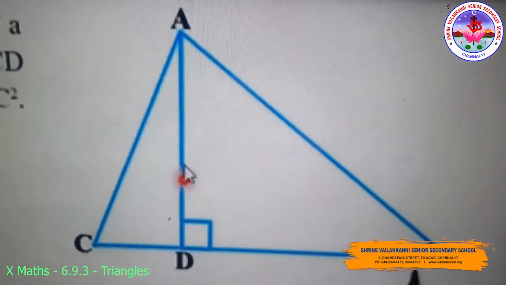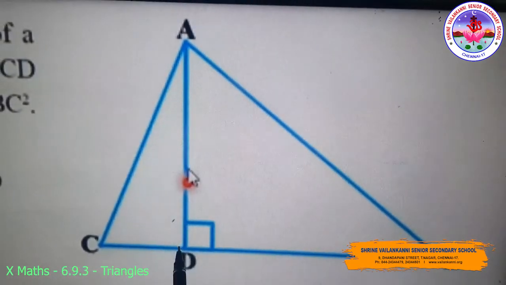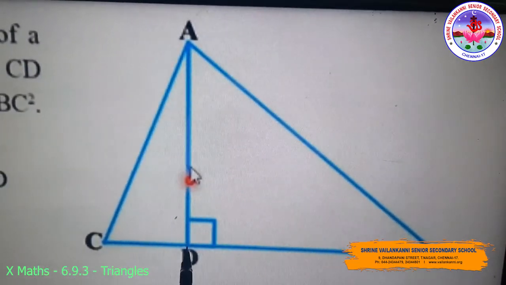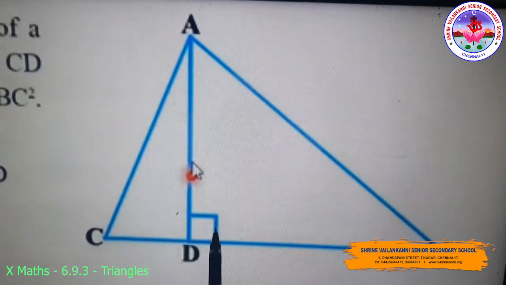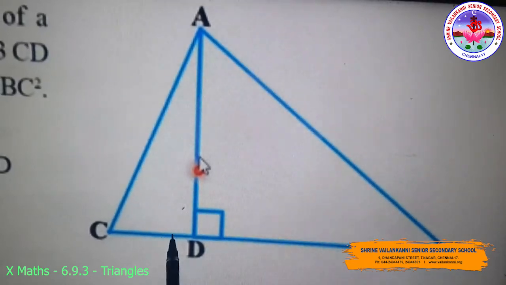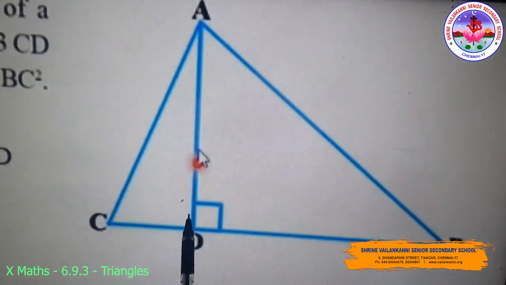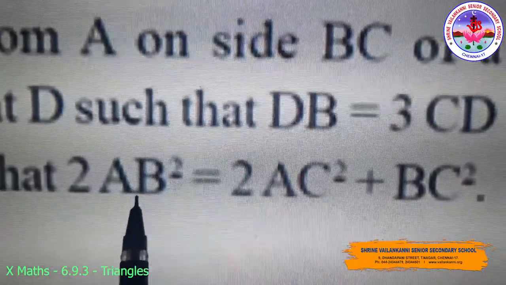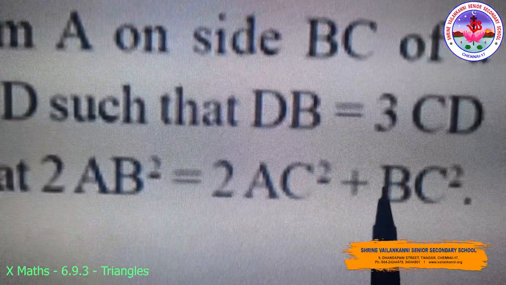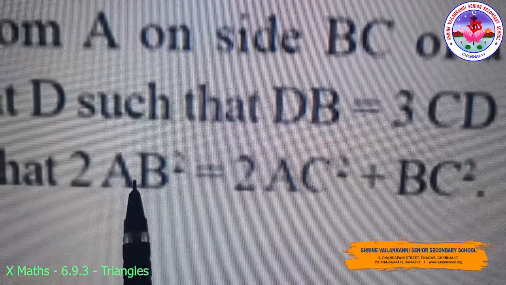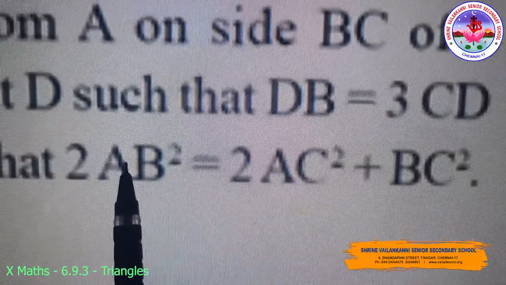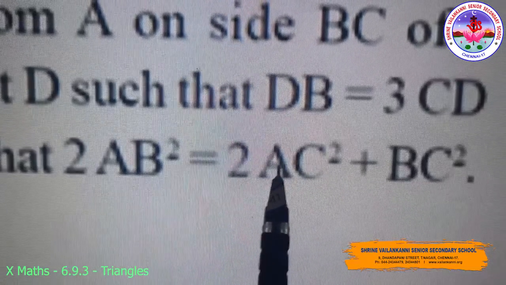He has given the figure, triangle ABC, where AD is a perpendicular drawn from the vertex A and touches the base BC at D. So ADB is 90 degree, similarly ADC is 90 degree since AD is a perpendicular. In the problem, we need to prove that 2AB squared is equal to 2AC squared plus BC squared. So I am going to take the side AB and AC, and the triangles which involve the sides AB and AC.